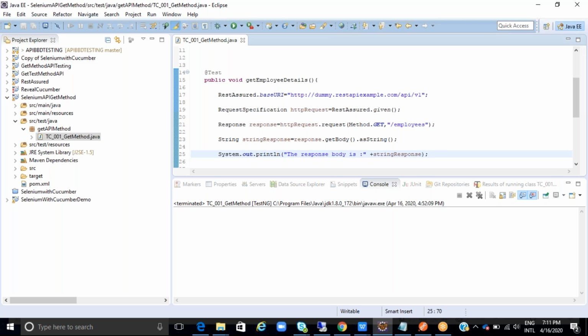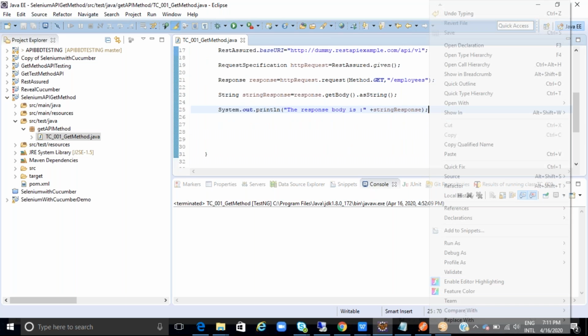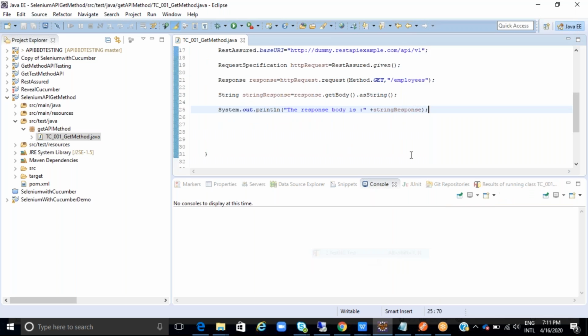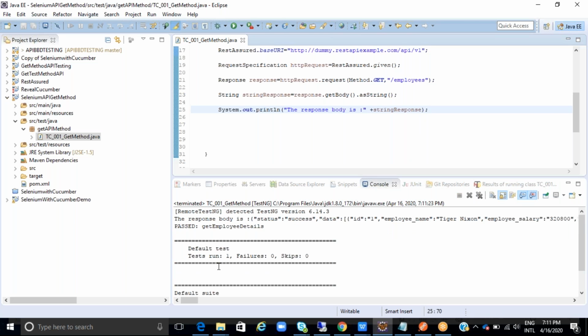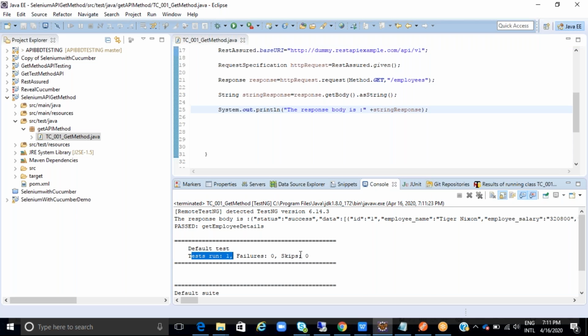Till now we have to execute and check what is coming up. So right click, run as TestNG. Now you have to check that this is executed and running and you are getting test run one and it is passed. Whatever the response body you are getting,